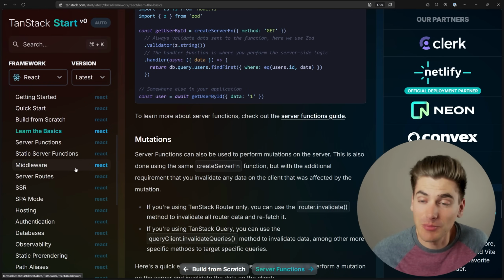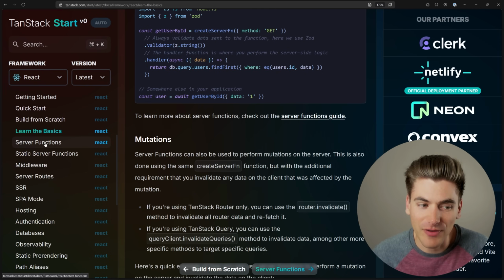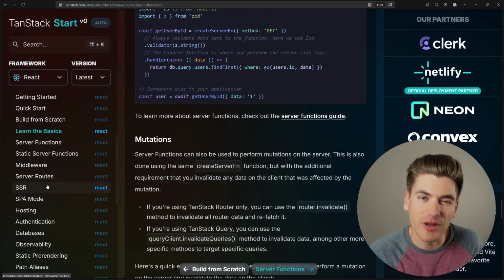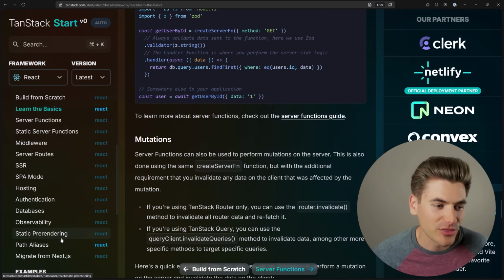But for me, I think the most important things, the things that are much different than Next.js or Astro, is going to be how server functions work, as well as how the routing system works, and probably even some server-side rendering, because I'm curious if they have caching. Also, if they have a section in here on caching, I would definitely read through that, but I don't really